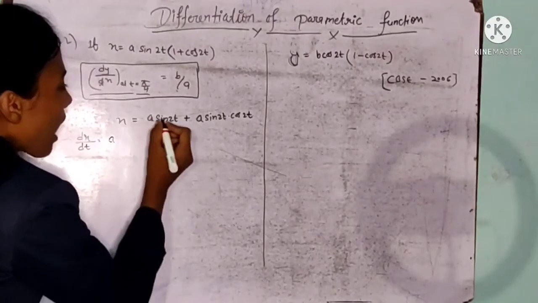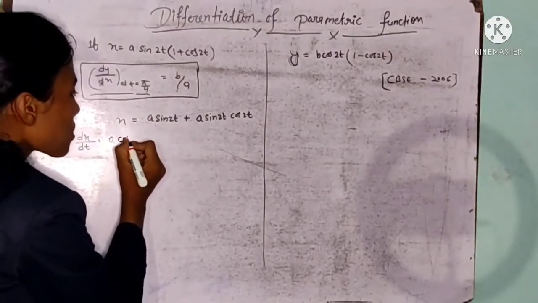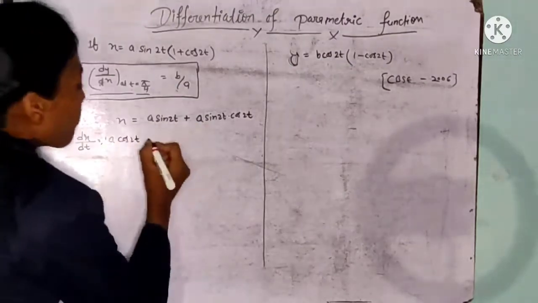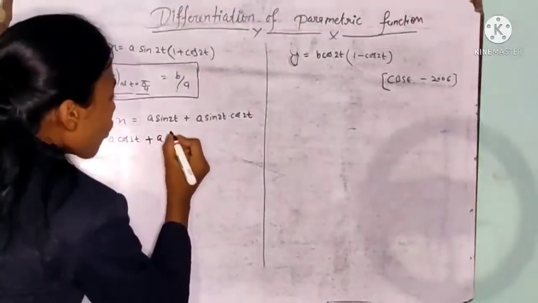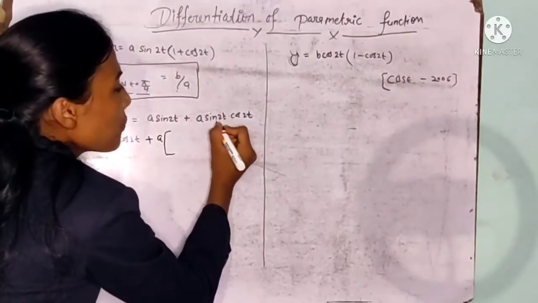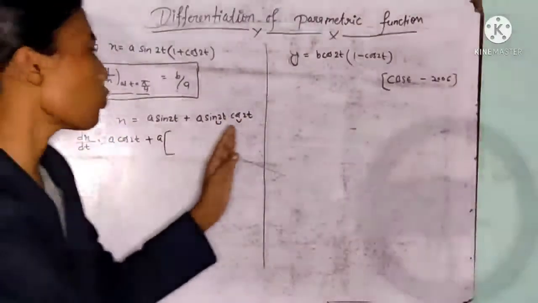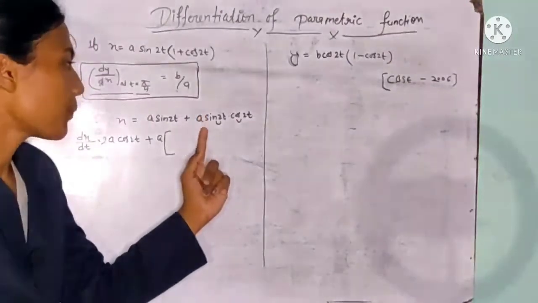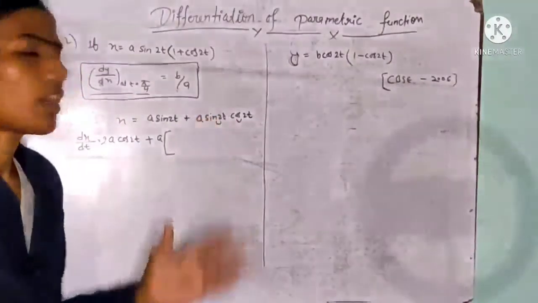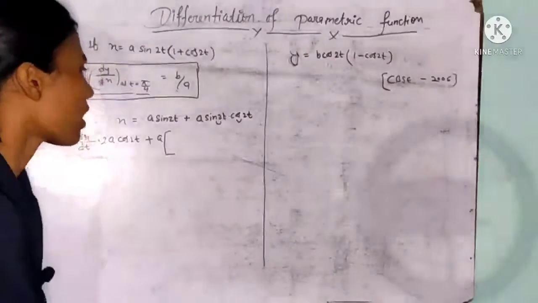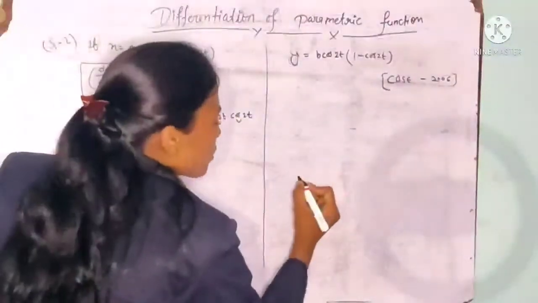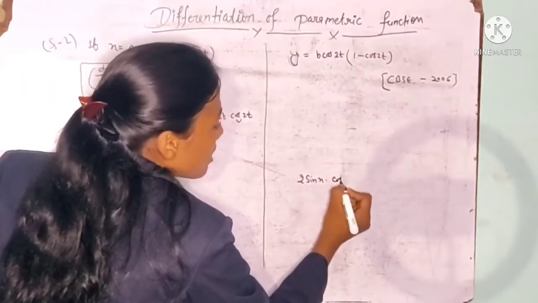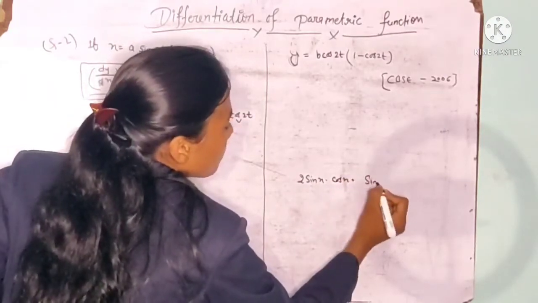A is constant, and differentiating sin t gives cos of 2t, and again differentiating 2t gives 2. Next, plus. So a is the common factor, and we differentiate u into v because we have 2 functions here. Otherwise, we multiply by 2 and divide by 2, and substitute using a formula. There is one formula we have here: 2 sin theta into cos theta is equal to sin 2 theta.